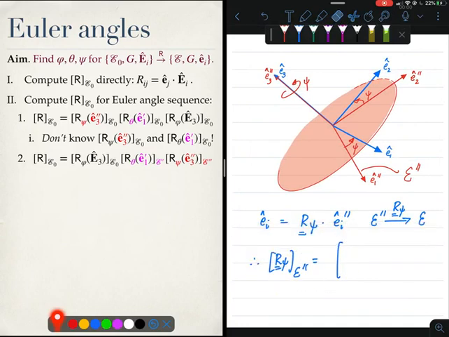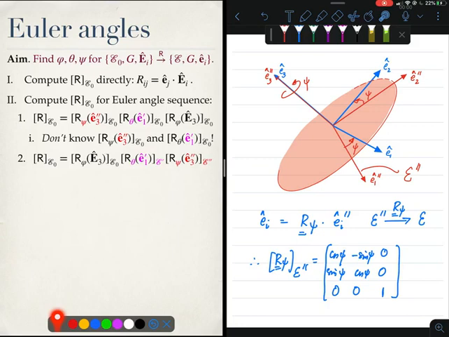So I'm sure many of you are already aware, and if you are not, you can easily prove that this rotation tensor R psi in E double prime is again simply a rotation tensor about the third axis. So this will be 1, these will be zeros, this will be cosine psi, then minus sine psi, then sine psi, cosine psi. So I know R psi in E double prime. I want to find R in E0, and I can do that by going through a coordinate transformation, and that will be part of your homework.